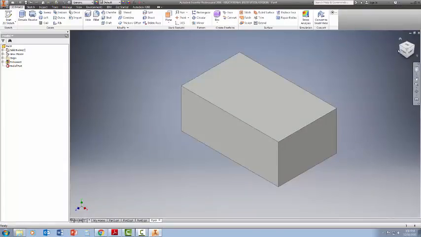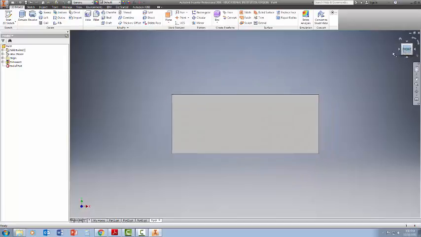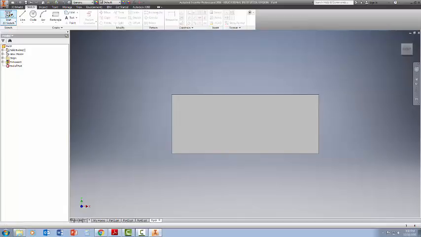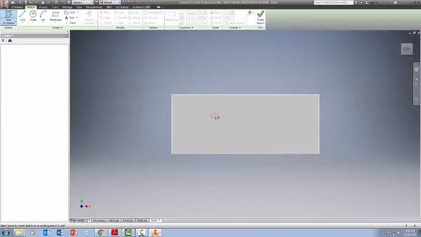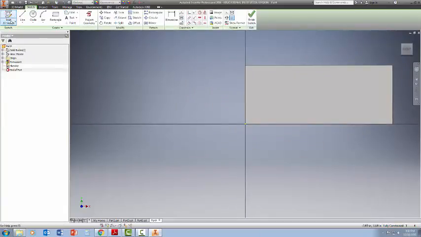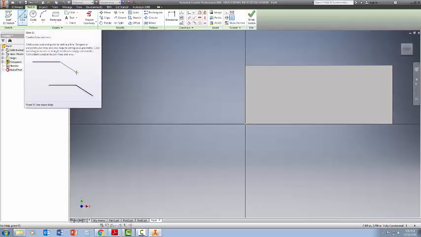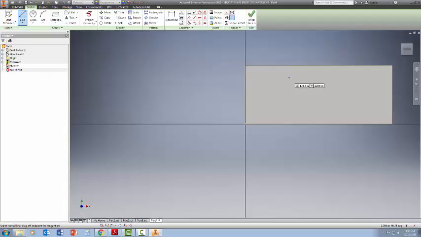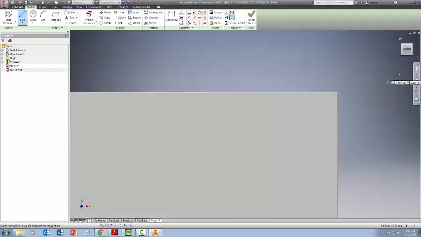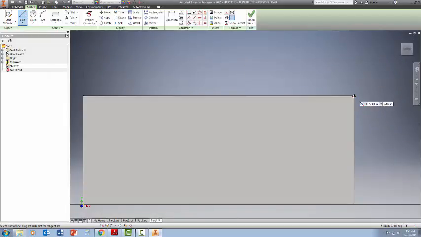Top right corner. Go to the front view. Okay. Start sketch. So I started a new 2D sketch. I'm going to grab my line tool, and I'm starting in the top right corner, right here. I'm going over